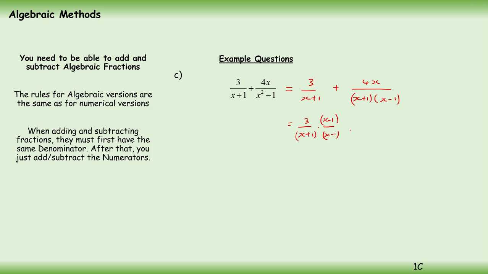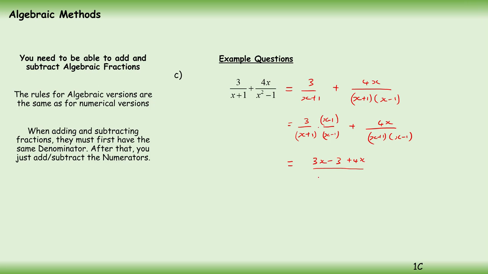And we use a dot for times. Plus 4x over x plus 1, x minus 1. So now we've got a common denominator. We can add the numerators. So here I'm going to expand out first. 3 times x minus 1, so 3x minus 3 plus 4x